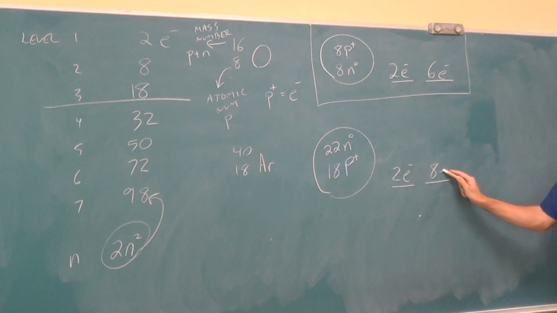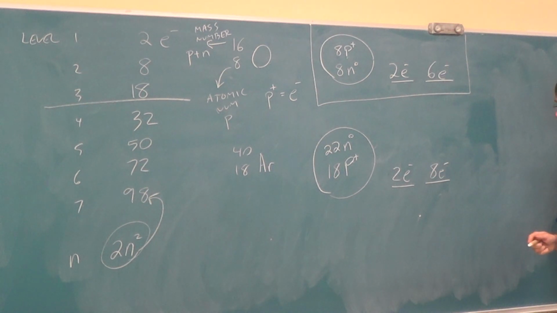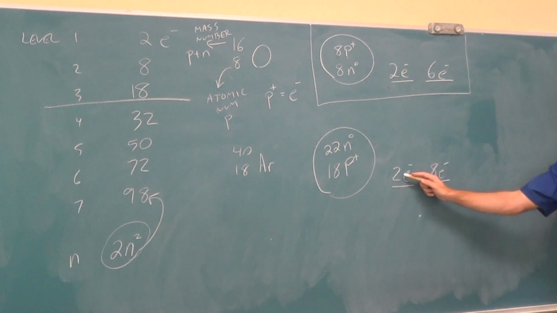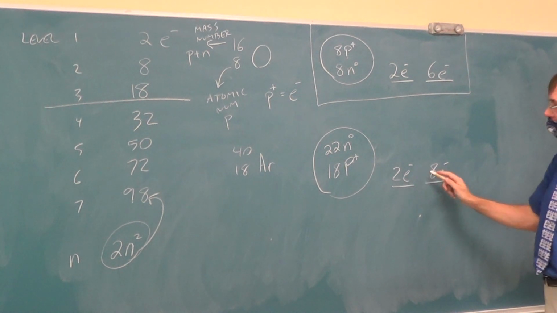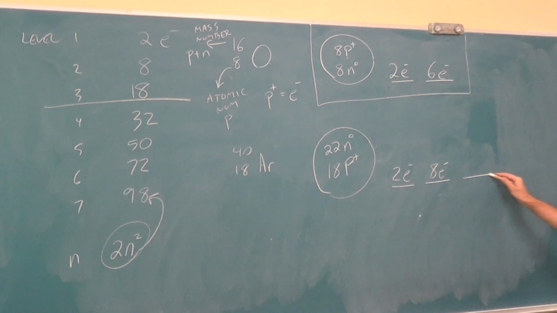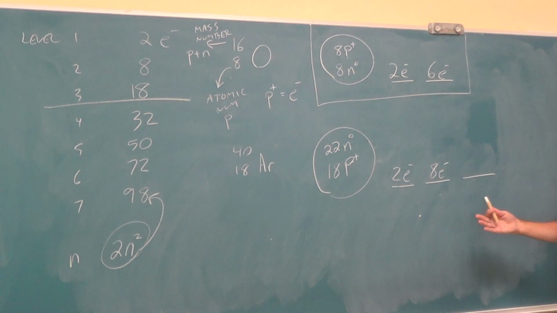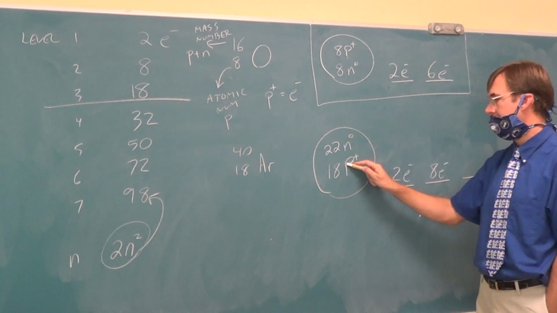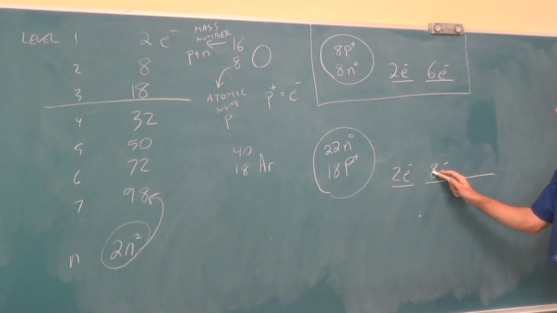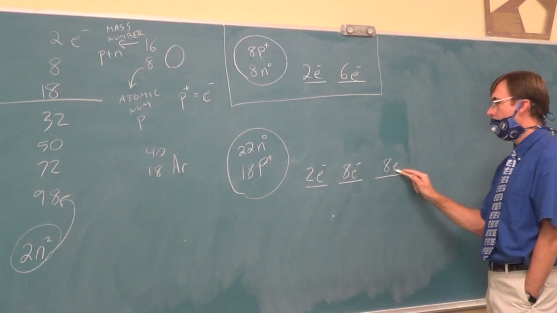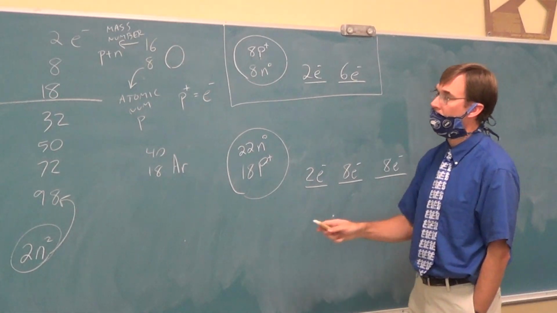So we're going to fill that level up. All that level's full, 8 electrons there. Now we've got a total of 10. There's 10 electrons filling the first 2 levels. There have to be some electrons in the third level because we've got to get up to 18. So 2 and 8 is 10 so far. We need 8 more electrons at level 3,